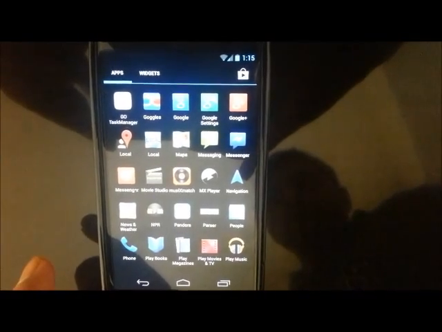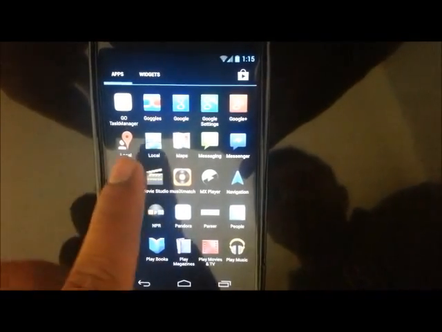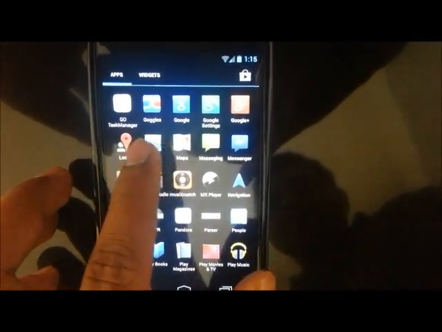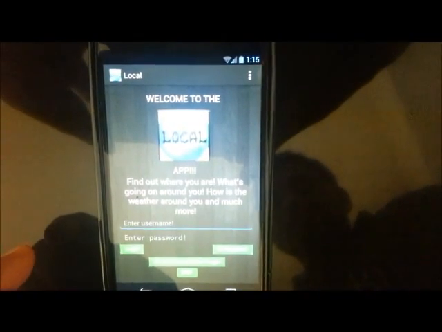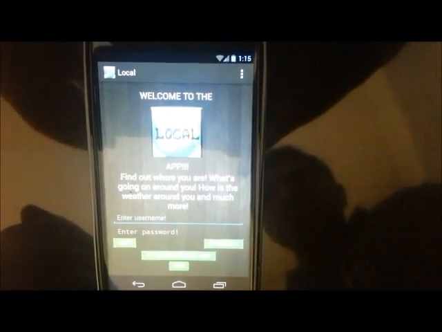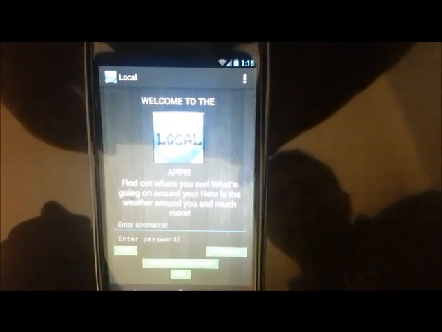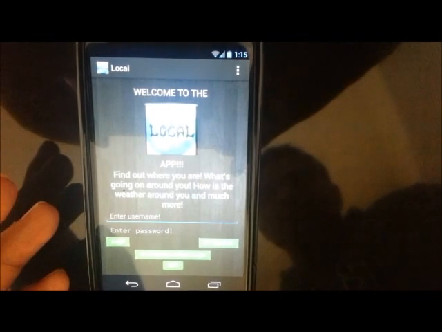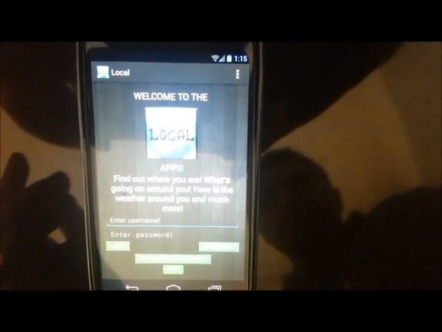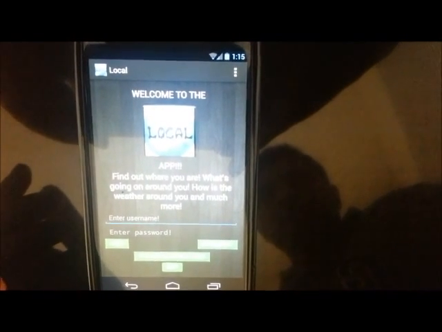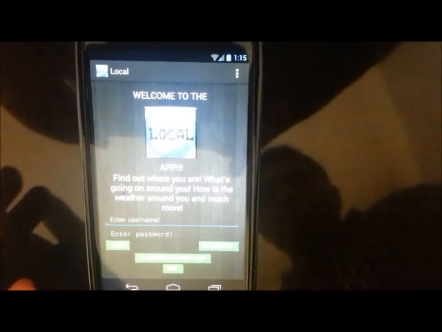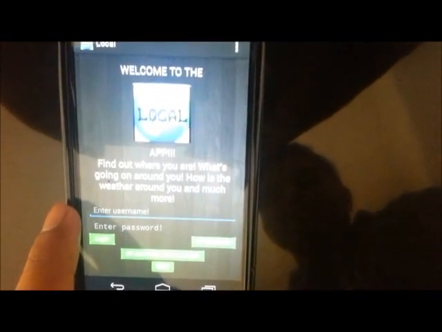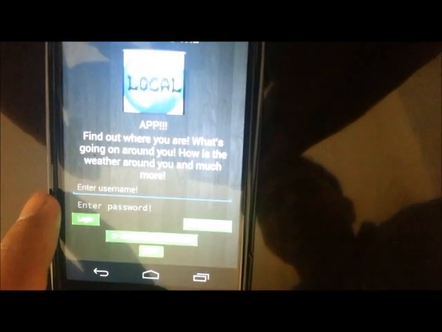So we are now going to start the app. This is the icon for our application. I'm just going ahead and clicking it. As you can see, this is our welcome screen. It welcomes you to the app and gives you a brief description of what the app is. It says find out where you are, what's going on around you, and how the weather around you is, and much more. If you focus down here, there are fields for username and password,